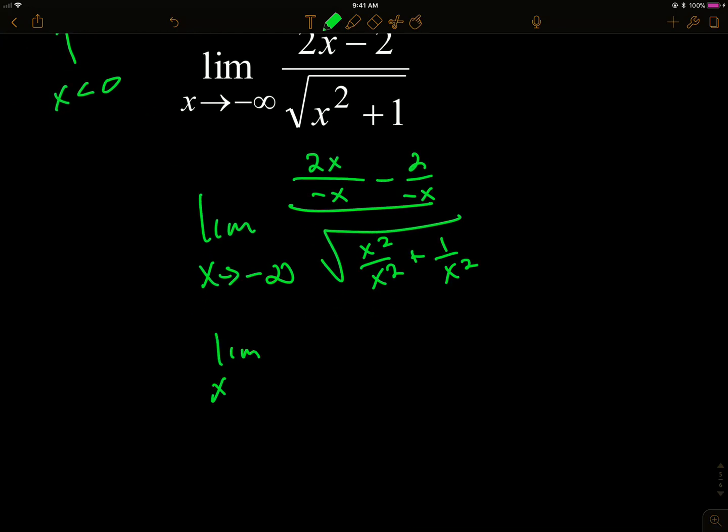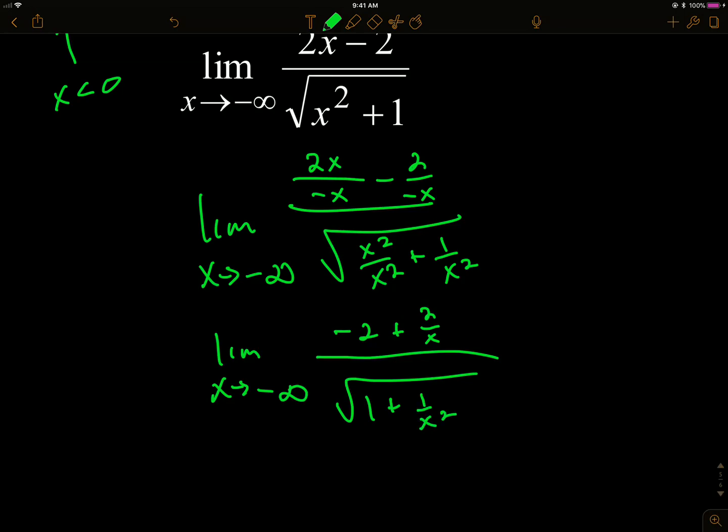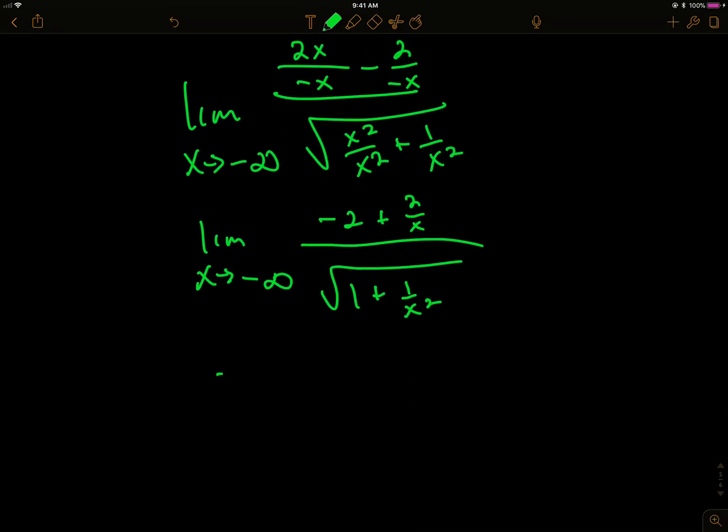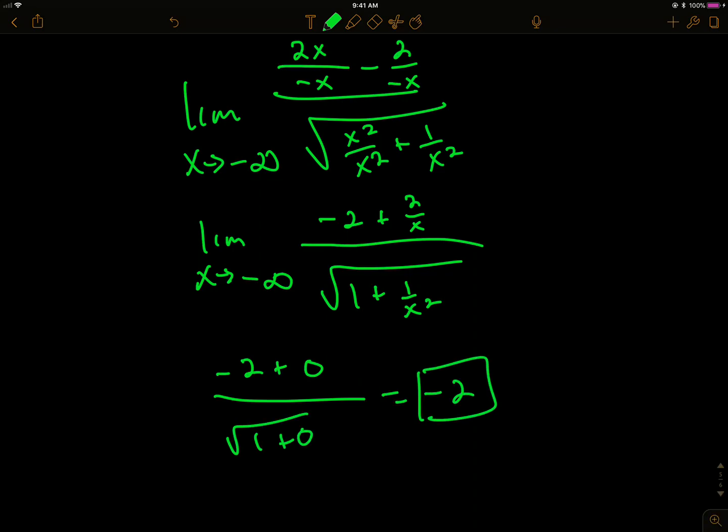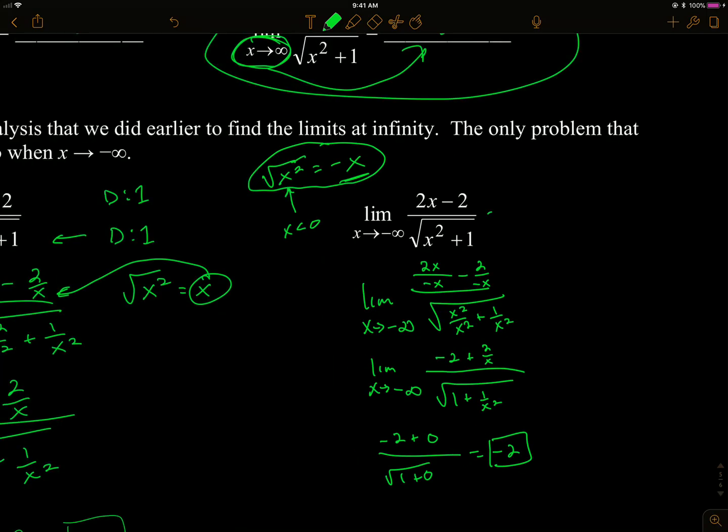So now we simplify. I get negative 2 plus 2 over x, and then 1 plus 1 over x squared. So now when I plug in negative infinity, I get negative 2 plus 0 over the square root of 1 plus 0. So that's going to be equal to negative 2, which confirms what we thought about before with the slant asymptote